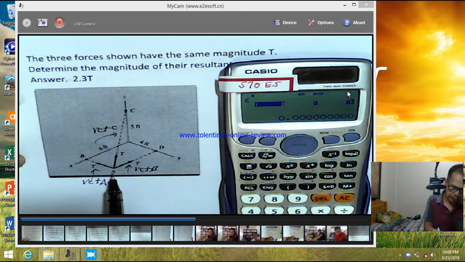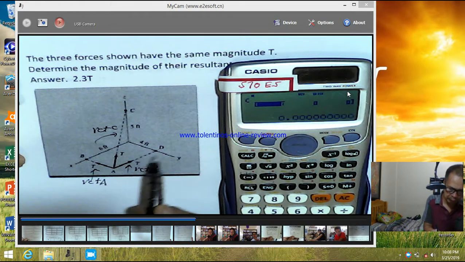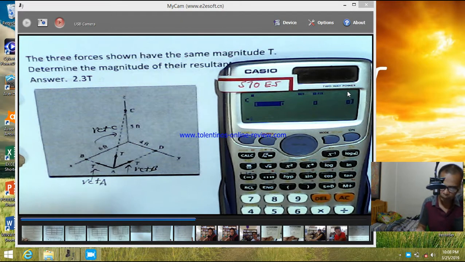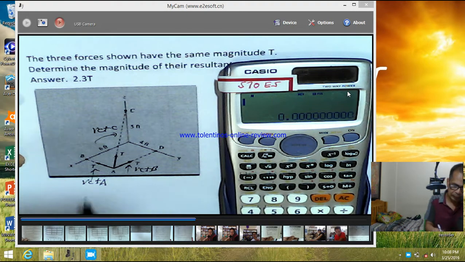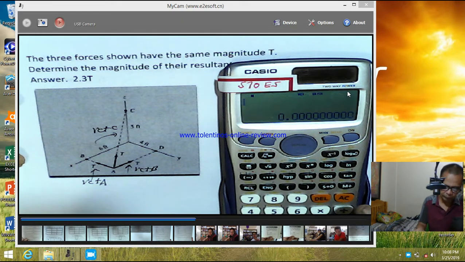So, along x, that will be negative 6. Along y, that will be negative 4. And along z, that will be positive 5. Okay. So, ito yung mga direction numbers ng vector. And then, since lahat yan T, to get the resultant, we have